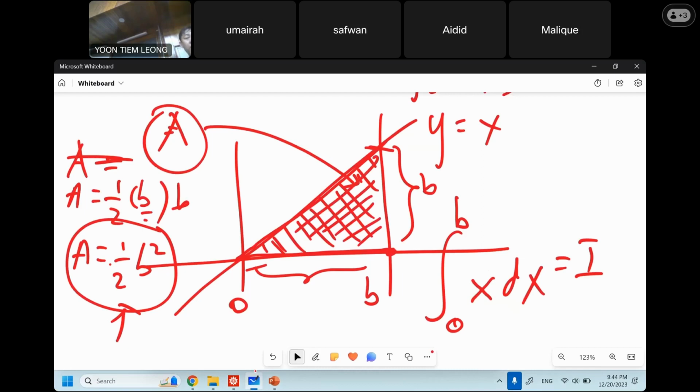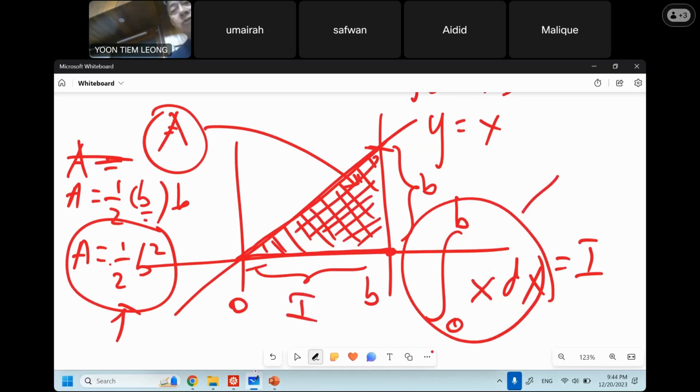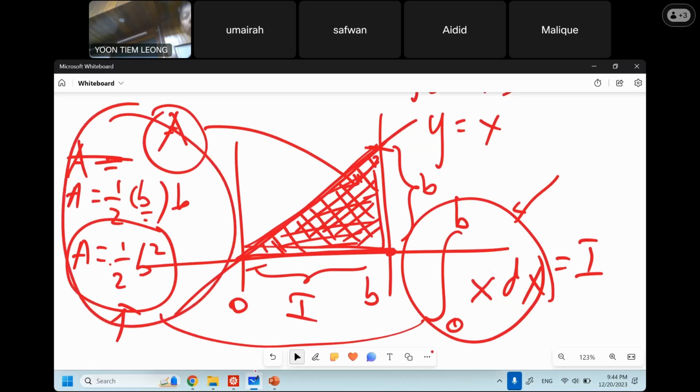Okay. Then according to the theorem that we mentioned just now, if the function is always positive within the subintervals of I, then this Riemann sum over the interval I equals the area of the curve. And in this case, the area is easily calculated to be just half of b squared. So the left-hand side here is calculated by using geometry for the area of this triangle. And once you have calculated this one,